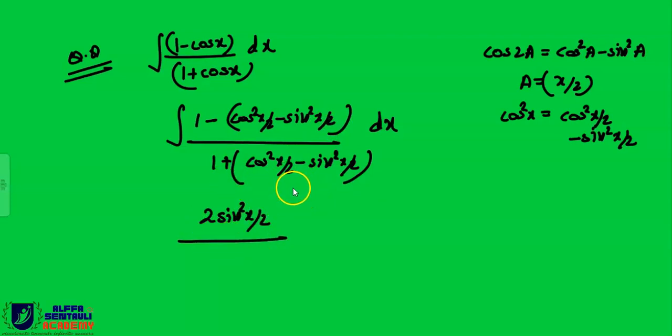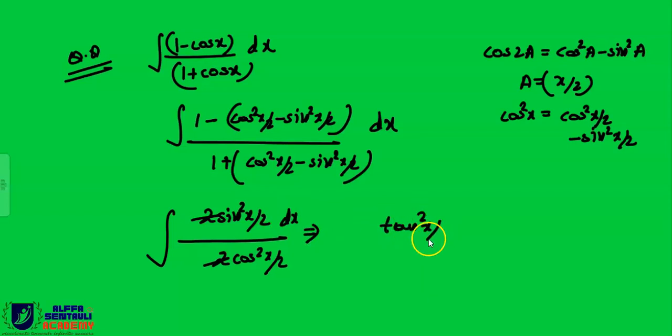Similarly, when you solve the denominator, you will get what, beta? 2 cos square (x by 2). Right? Yes, sir. Correct, Ansh? So you have to solve in this way. So beta, 2 and 2 will get cancelled out. So this can be written in this way: sin square (x by 2) divided by cos square (x by 2) is nothing but tan square (x by 2). Tan square (x by 2) dx.